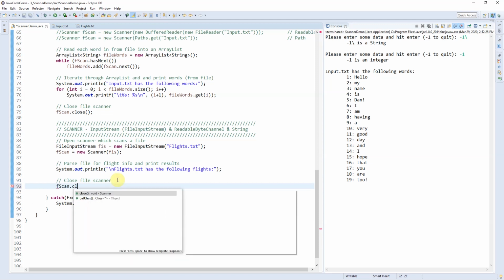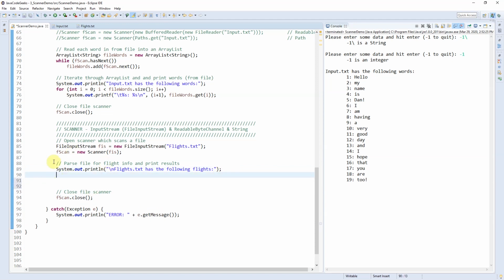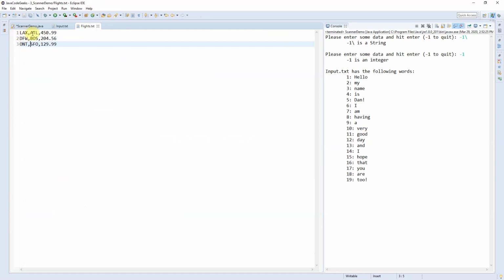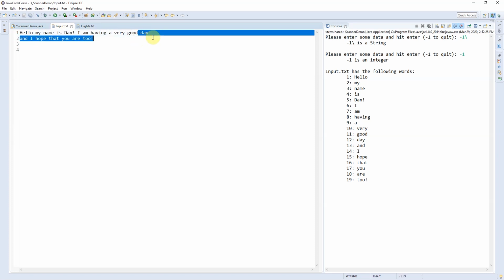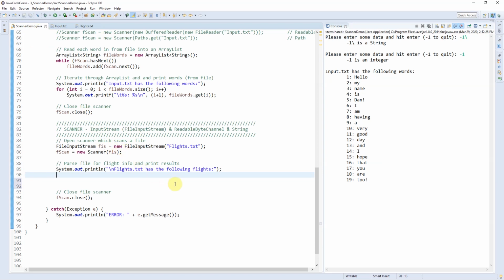Okay, so as always, I'm going to go ahead and close this scanner, fscan.close. All right, so what I want to do now is search through this file. But what we're seeing is this file has a number of different lines, and each line has individual pieces of data that we want to pull off. So it doesn't quite make sense like we did with the input text, where we were always just reading words in, and the words on one line kind of went with the words on the next line. You can see here each line is its very own piece of data, so to speak. This is the source and the destination airports, and then this third piece of data is the price itself. So what I like to do in this particular case is read these lines in one line at a time. So I can say while